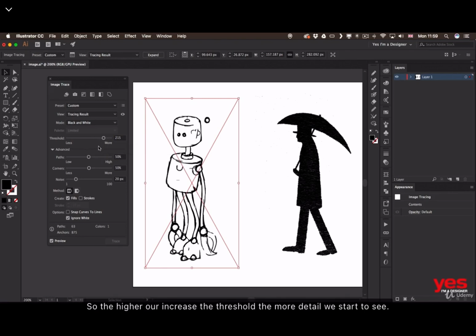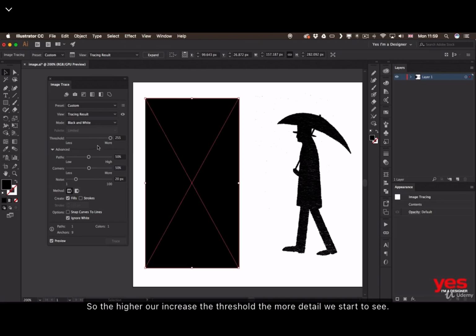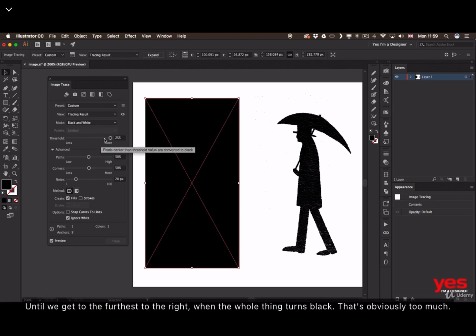So the higher I increase the threshold, the more detail we start to see, until we get to the furthest to the right, when